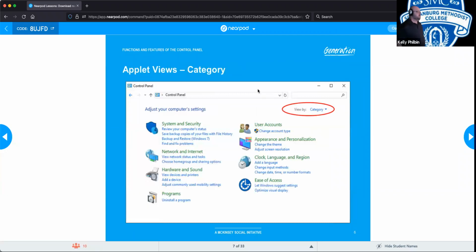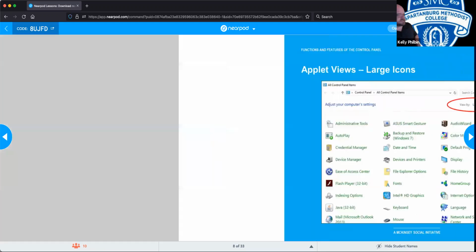Here we go. This is the view once you get into control panel based off of category. As you can see here, you can break it down to user accounts, systems and security, network and internet, and clock, language, region, hardware and sound. So you can see where, based on the issues you're having, you can narrow it down to each one of these smaller categories and dive into them a little bit deeper as you need. So some people find this one a lot easier to navigate. And so it is one of the more widely accepted